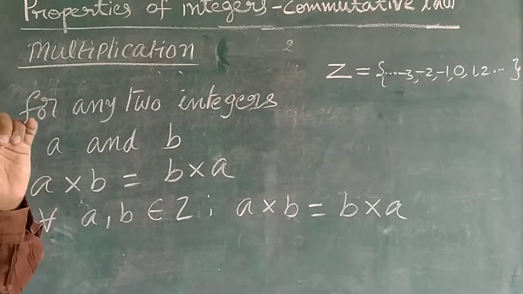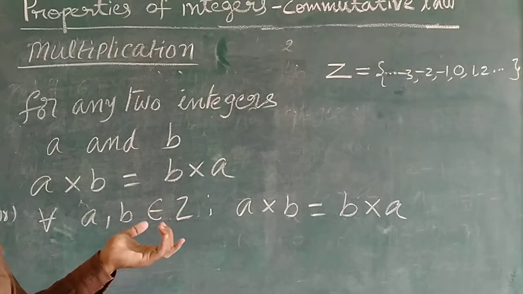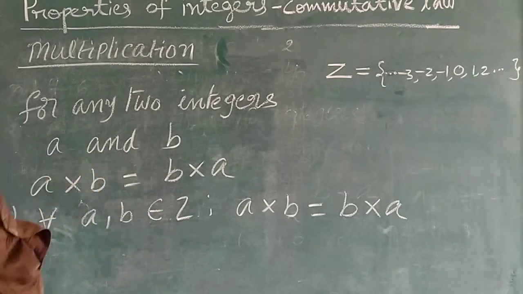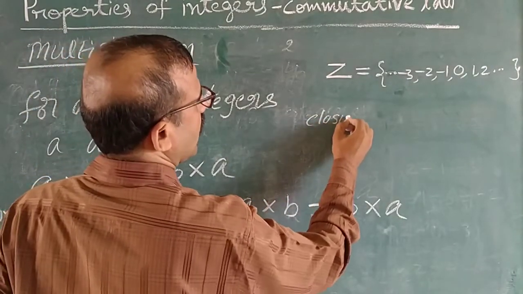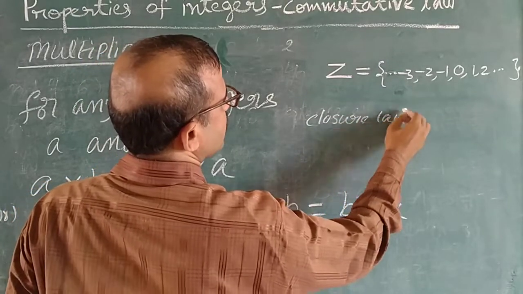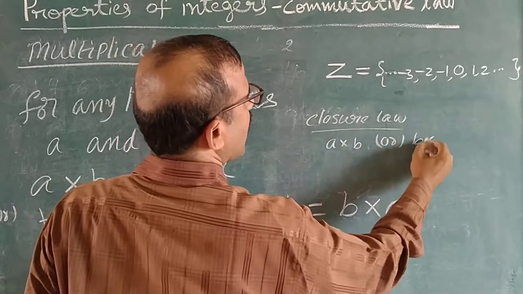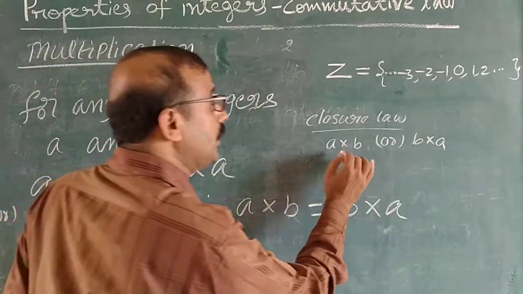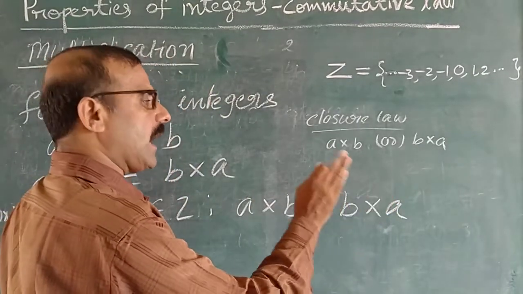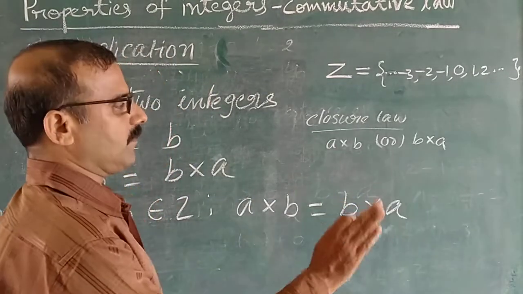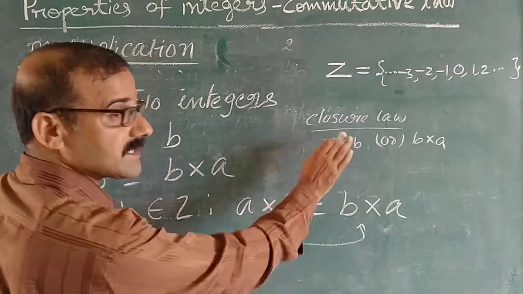But in closure law, we have to check individually A into B and B into A. If both are not equal, there is no problem. Children, you understood here? According to closure law, we only want A plus B, A into B, or B into A, or A into B or B into A. Here, no need to be equal. A into B is not equal to B into A, or A into B equals B into A, no problem. But in commutative law, they must be equal. But in closure law, no need to be equal.